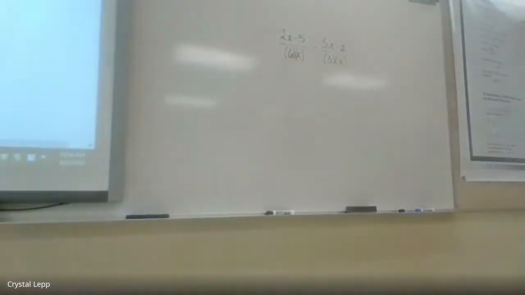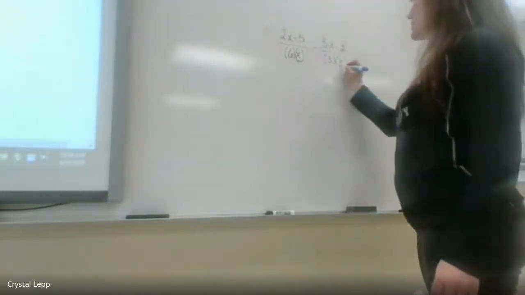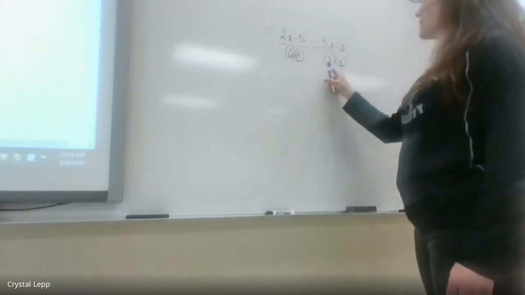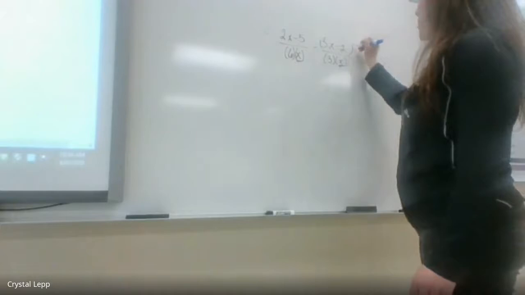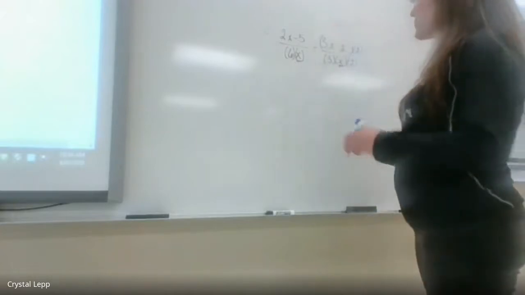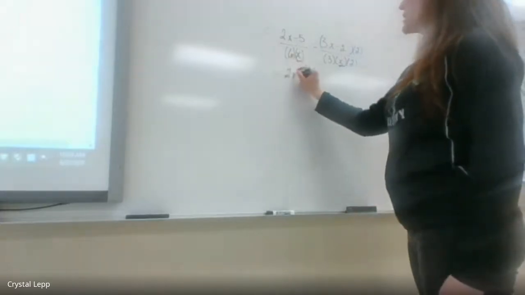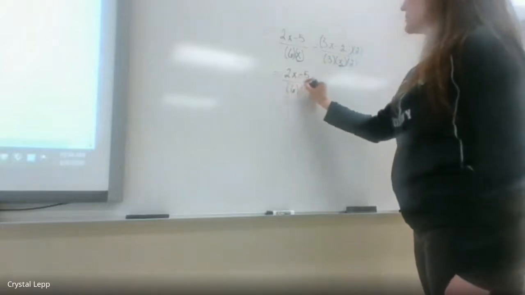Okay, so the first step is we have to make a common denominator. Both of these have an x, so that's good. This one has a 6, and this one has a 3, so I can make the 3 be a 6 by multiplying by 2, the whole top. So I'm going to rewrite it. I get 2x minus 5 over 6x